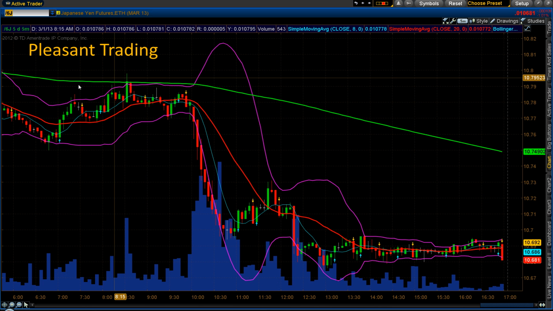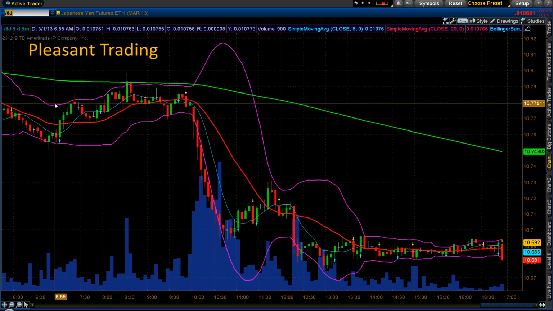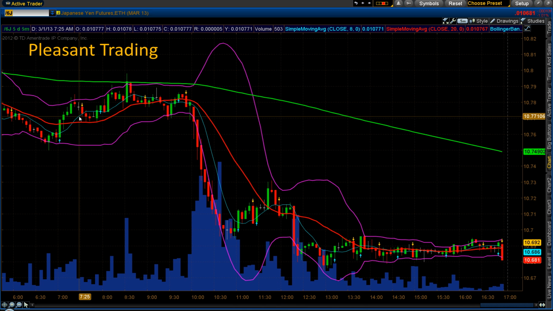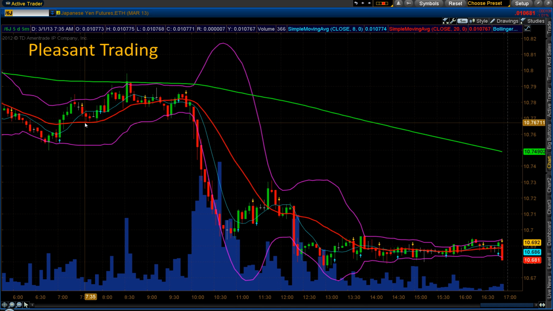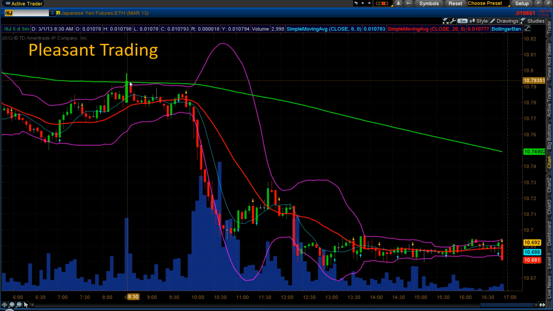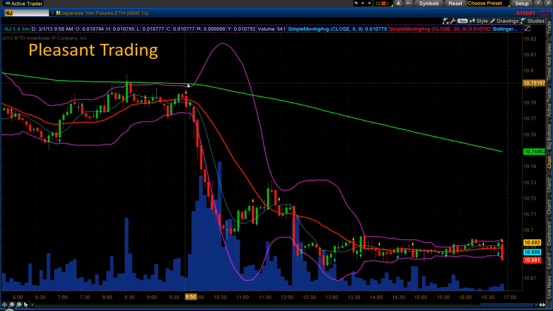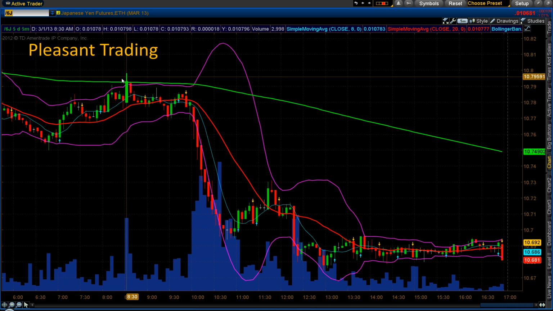chart. So the purple lines on my charts are Bollinger Bands. The blue line is an 8 SMA, the red line is a 20 SMA, and the long green line on here is a 200-day moving average. I use these moving averages to help me, like I said, with entry, exit, and to warn me if a trend's